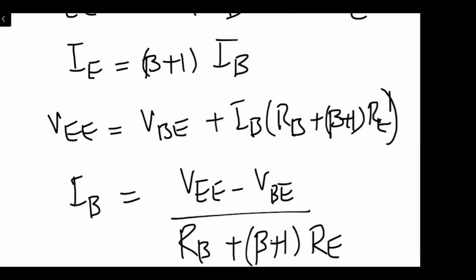Okay. So this is the base current which we have figured out from this circuit, and when we try to analyze the output side,